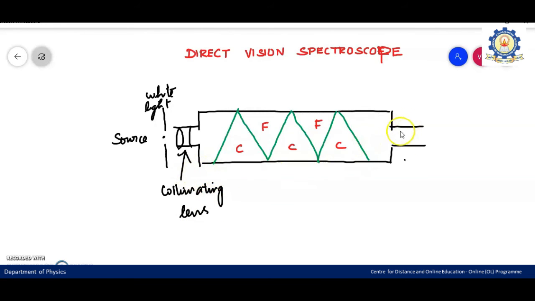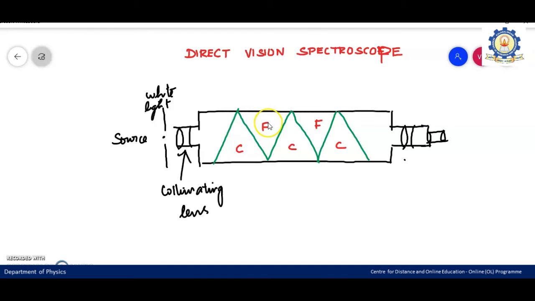On the other side, we have the telescope. So let me draw the telescope lens, the combination of lenses with the convex and concave. In the place of the eyepiece, we have the other set of lenses. So that's all. This is the direct vision spectroscope. So this is the crown glass and the flint glass. It's an application of the second category of achromatic combination of prisms, dispersion without deviation.